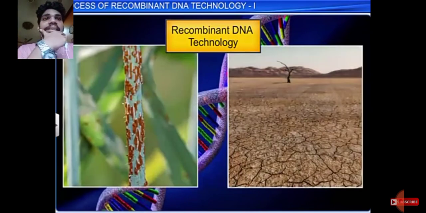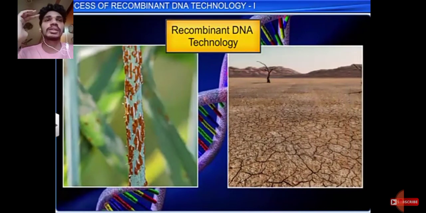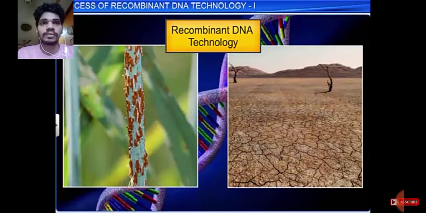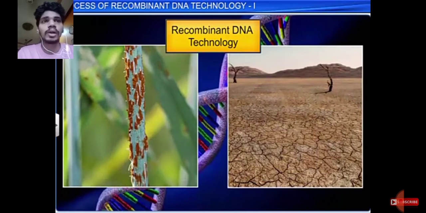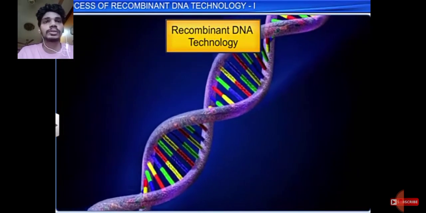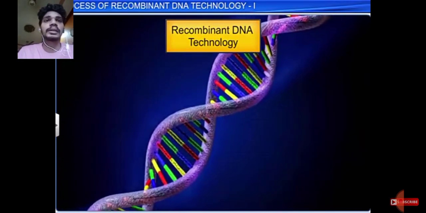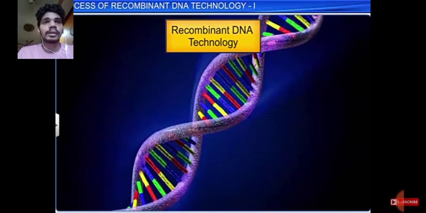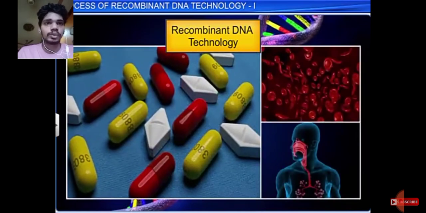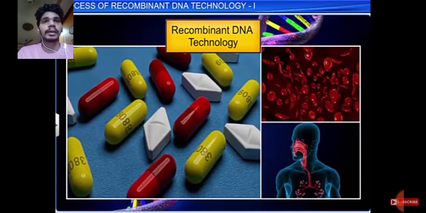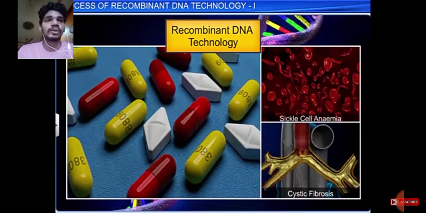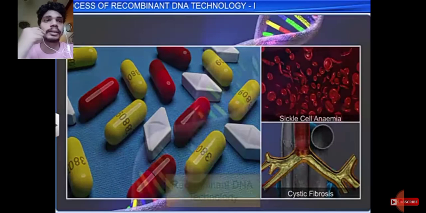What is DNA exactly? DNA is found in each and every cell. DNA is very important because the whole structure, physiology, and genetics all depend on DNA. You can see that in plants DNA is quite different, and in animals DNA is quite different. So we eat some medicines, and is there an alteration in DNA because of medicine? No, definitely not. So let's study what exactly sickle cell anemia is.